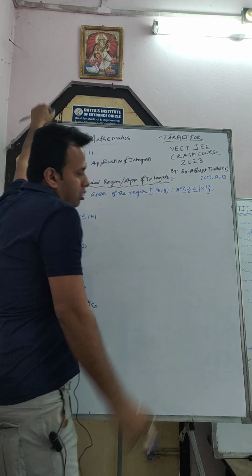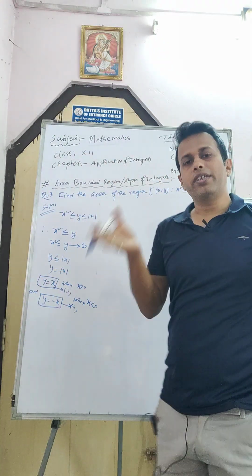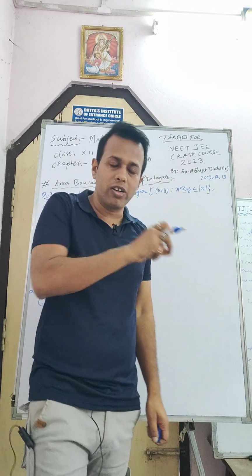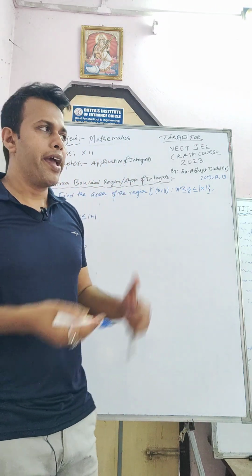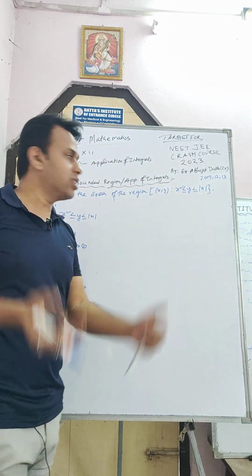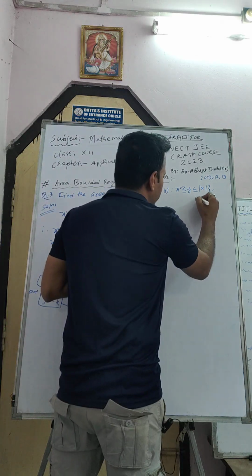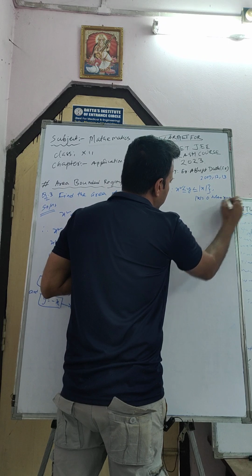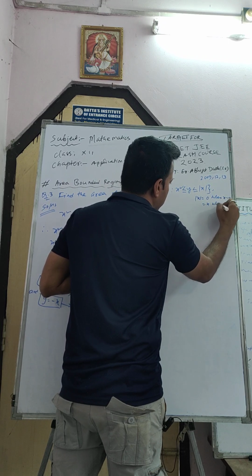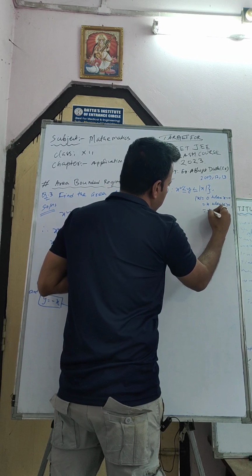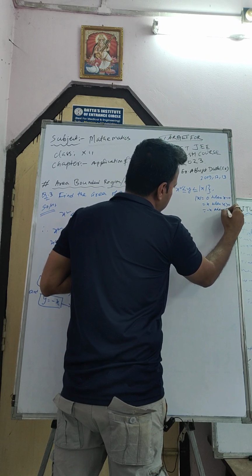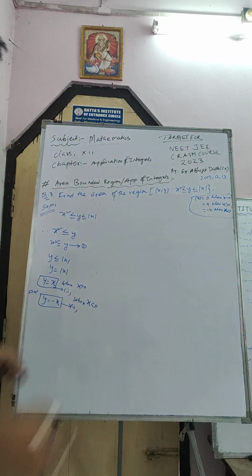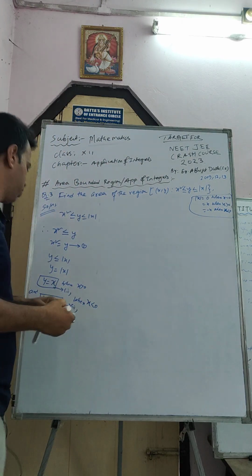So this is the form. How can I write these two equations? From the definition of mod. The definition of mod says |x| is 0 when x = 0, is x when x > 0, and is -x when x < 0. Okay, so this is the definition of |x|.